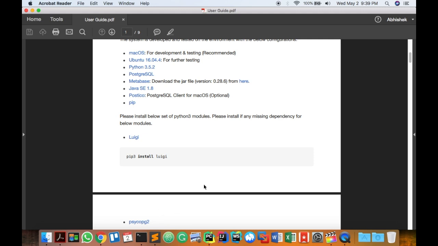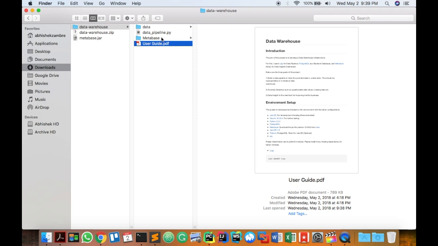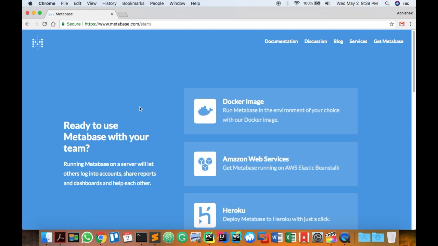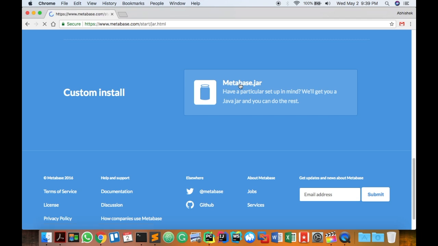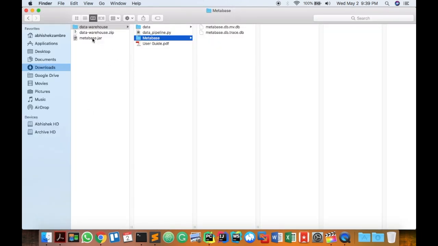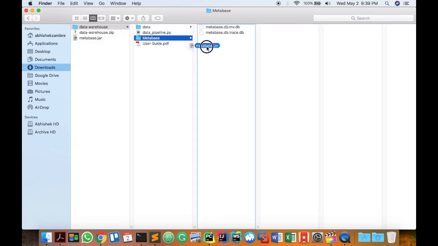Next step is, in this deliverable folder you will see this metabase directory. You just have to download the jar from their website and place it here. I already have their website open. The only thing I have to do is download this jar file from here, and I guess this is the jar file. We need to copy it here, so we can run our dashboard.